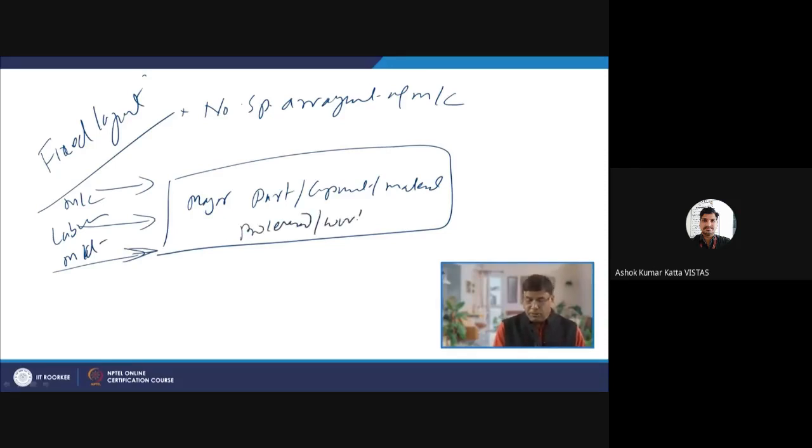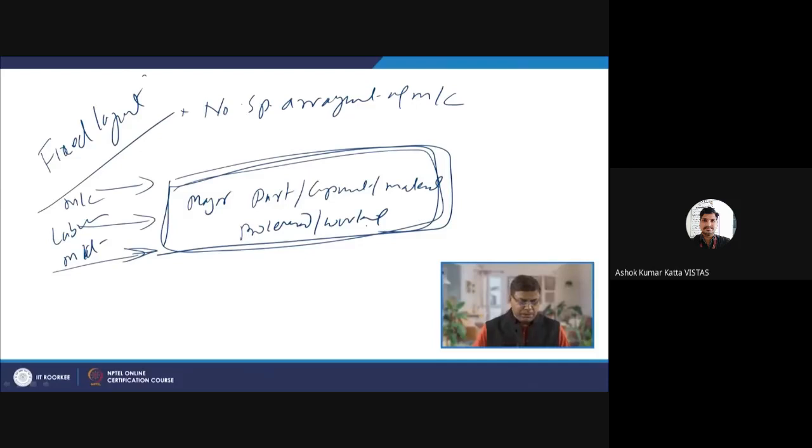They will be working on this major part. The major part or component is processed using the different machines, materials, and the labor, and at the end we